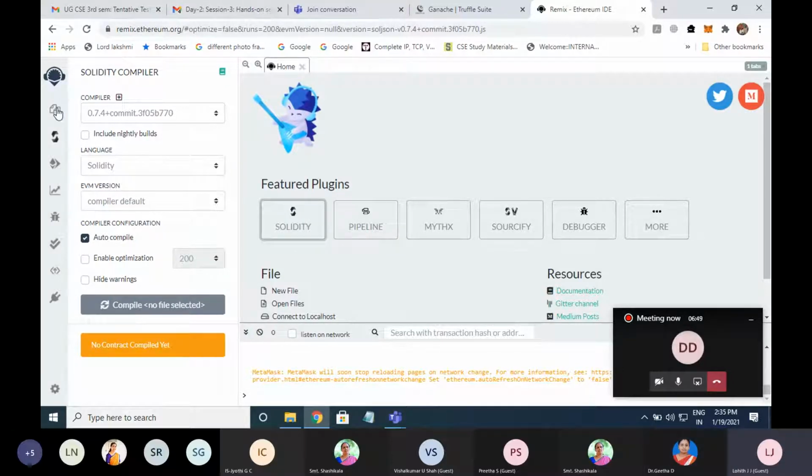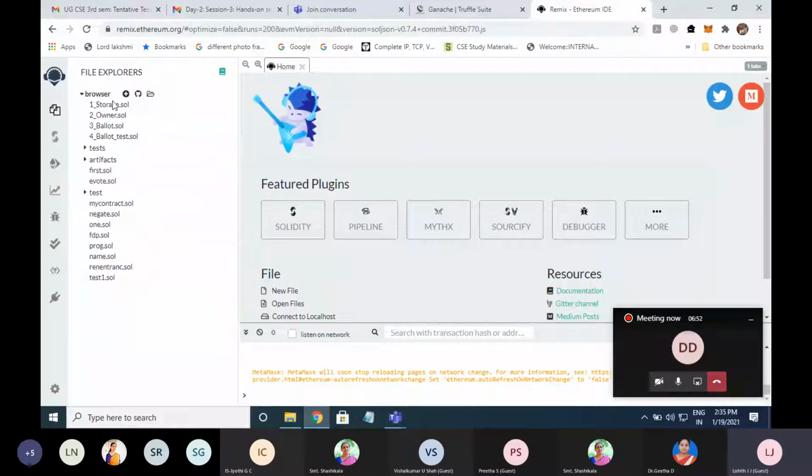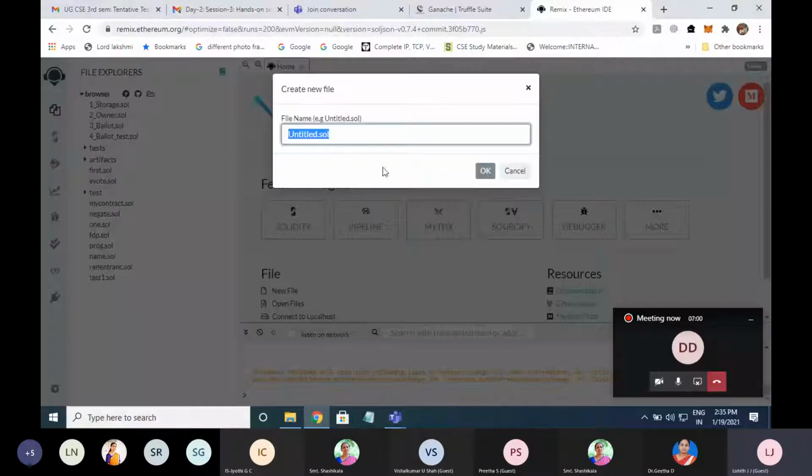Under this file explorer, you can see browser and a plus mark. This is used to create a new file. You click on this, and it will ask you to save the file. I'll save it as test.sol. The .sol extension indicates that this is a Solidity file.